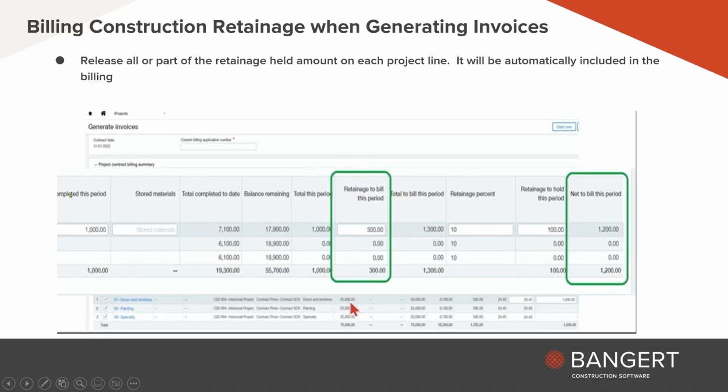And then if you want to still hold some more on the current billing, so they're releasing 300, but they're still retaining 100, you can do all this in one screen now. So there's no more, I've got to do my progress billing, send it, now I've got to do a retainage billing and send that as well. So that new feature is very easy to use in the billing screen for generating invoices.